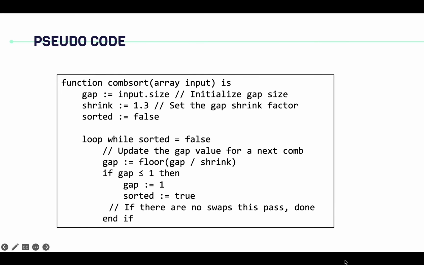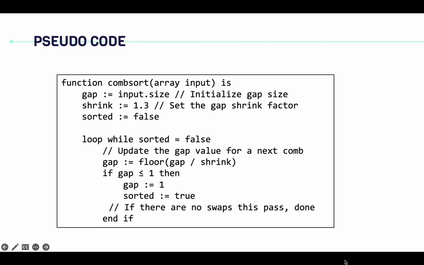Okay, so this is a pseudo implementation for the algorithm. We will declare a gap variable and initialize it to the length of the array. This variable will be used to determine the current gap of the swapping elements. Another variable that we will also need is the sorted Boolean variable. This variable will tell us whether the array is sorted or not, for us to break out of the algorithm